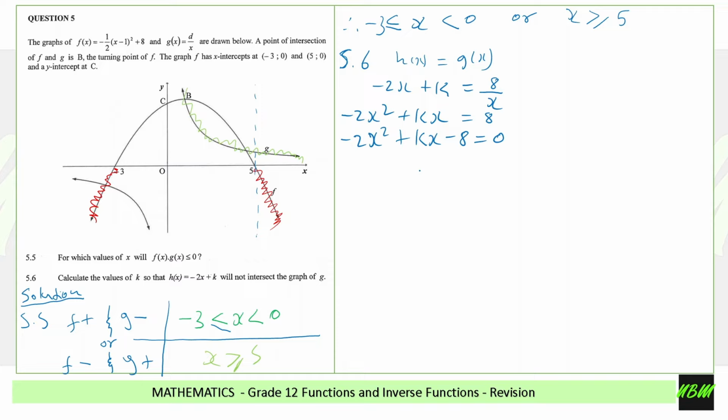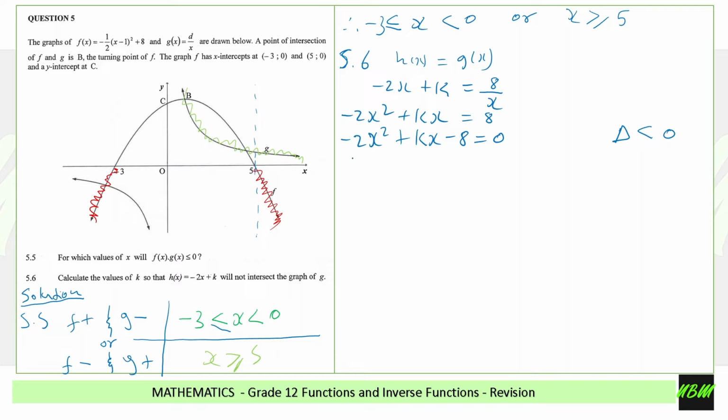Thinking of it in terms of the nature of roots, it simply means the roots will be non-real. It means there will be no intersection. Therefore, the roots will be non-real. Roots being non-real, that is where the discriminant is less than 0. So, taking the quadratic equation, let's further simplify it by multiplying throughout by